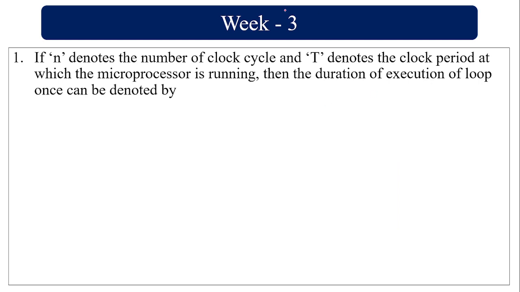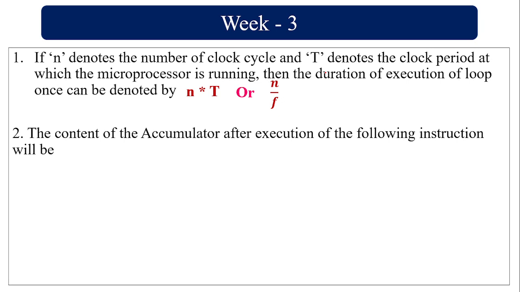If n denotes the number of clock cycles and t denotes the clock period at which the microprocessor is running, then the duration of execution of the loop can be denoted by n into t. Suppose instead of t, they give the frequency f, it can be given by n divided by f. So the content of the accumulator after execution of the following instruction will be,